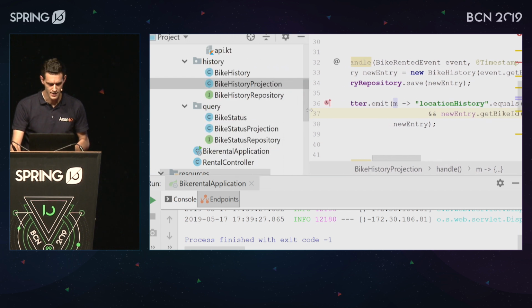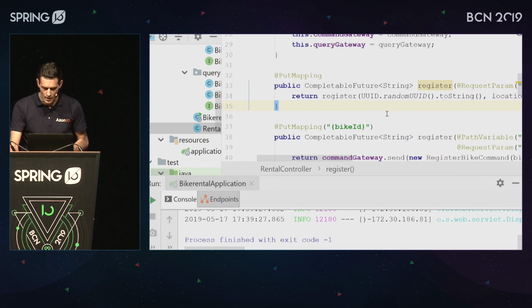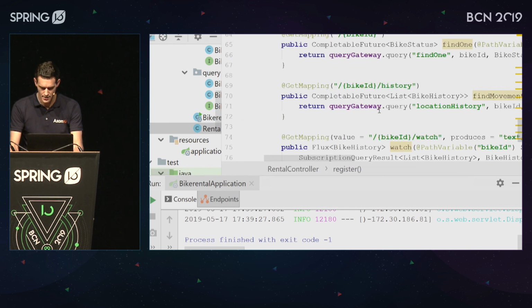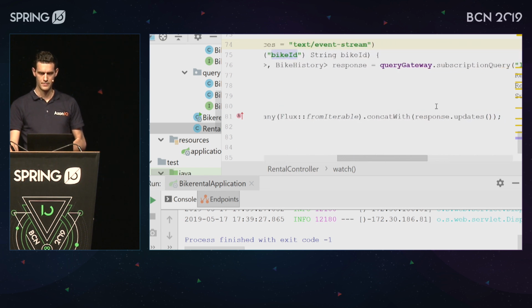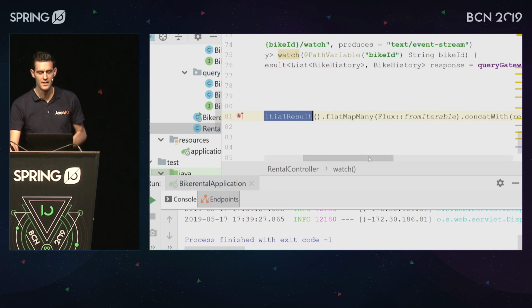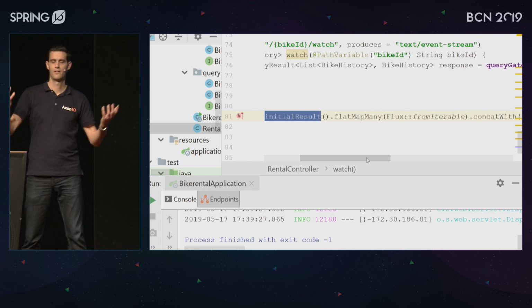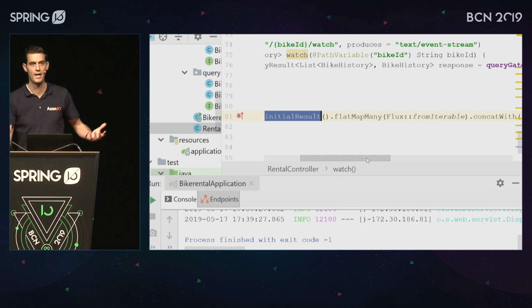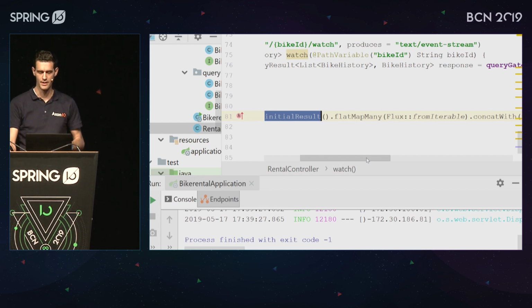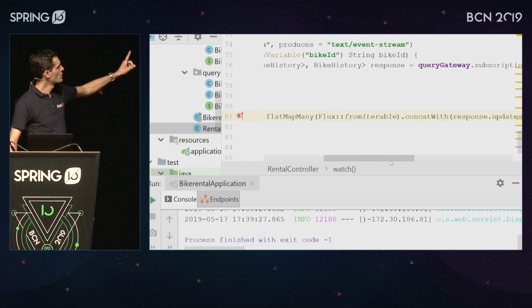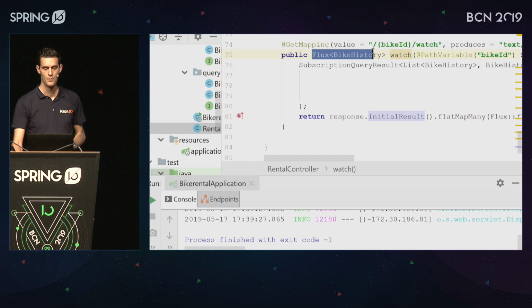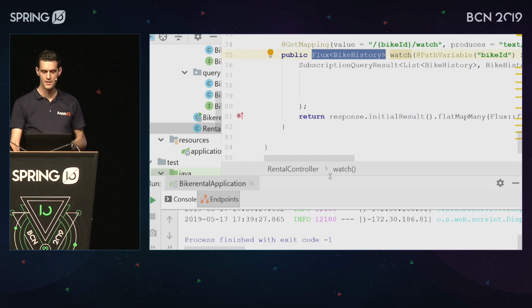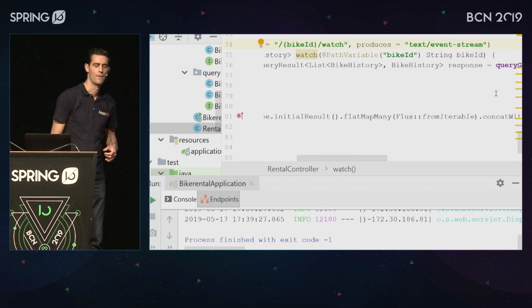And if we look on the other side, we have our controller, and we added a method called history watch. We can watch a bike ID, and it says you do a subscription query, you get a response. And on that response, you can say, I want the initial result, and that initial result is a mono. And it contains a list, or at least an iterable, of the initial bikes or the initial history that we have on this bike. And we want to turn that into a flux so that we can concatenate that flux with any updates that we get. And we just return that flux. We just return a flux of bike history elements, and we say this produces an event stream, right? So what we can do,